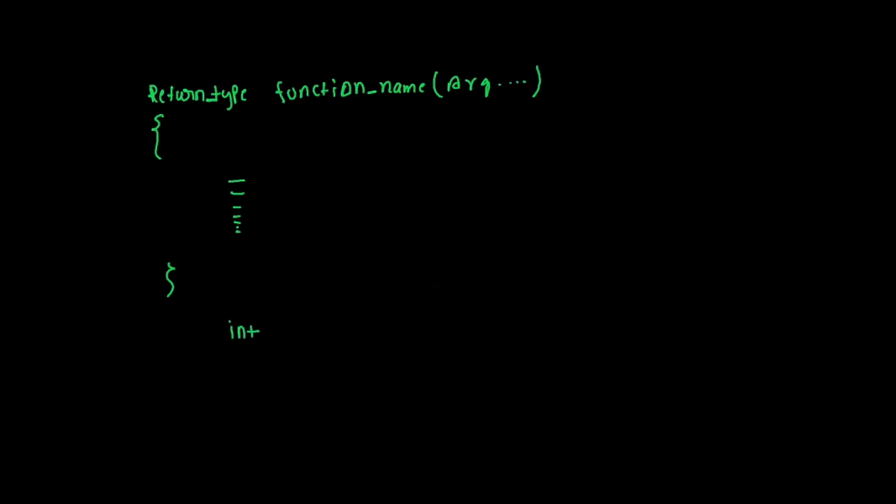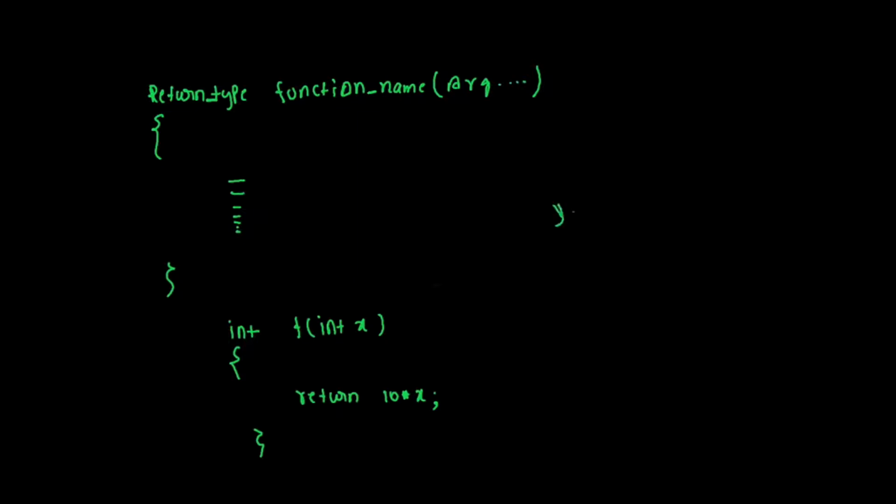In programming, the basic syntax of a function is return type, function name, argument, open braces, close braces. In between you have to write your piece of code. Let's use our previous example. Return type will be int, function name will be f, argument will be int x, open braces, close braces, and return 10 into x. If at this point of time you are not able to understand what is return type and what is argument list, don't worry about this. During function topic we will cover this in details.